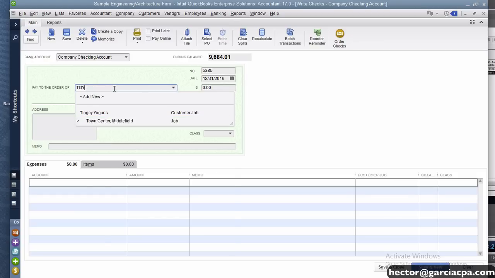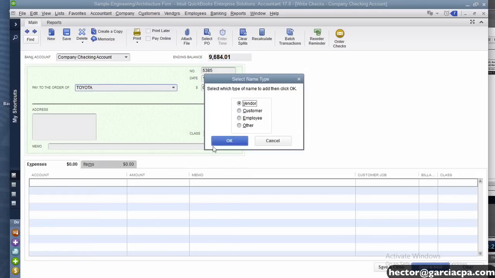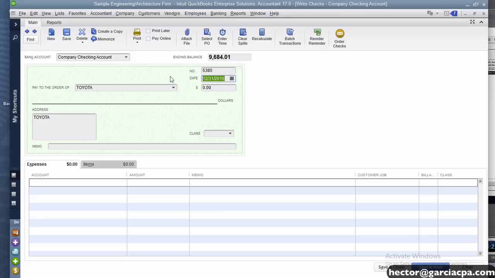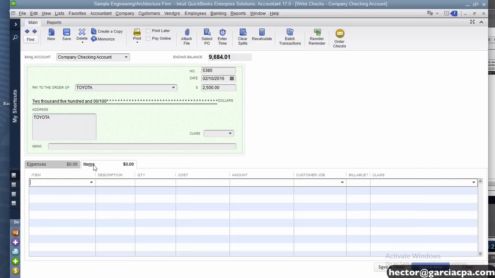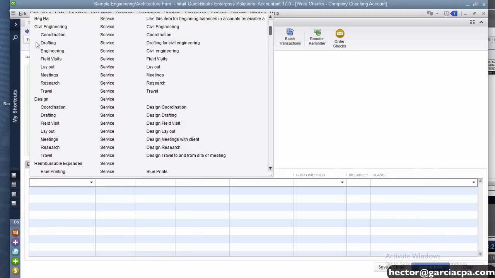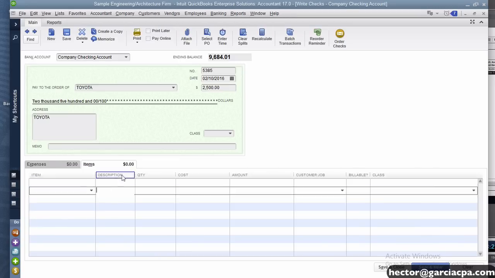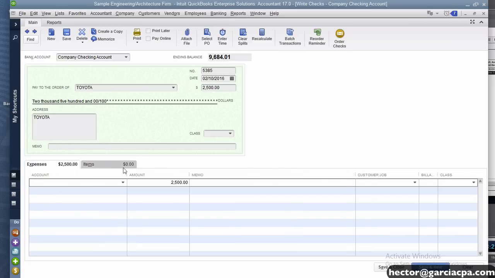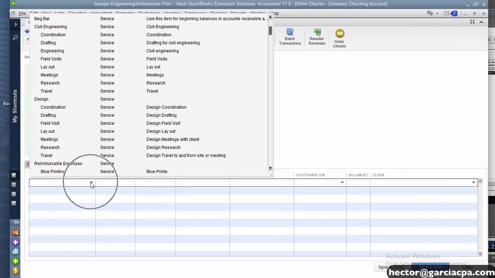I'll create the vendor here called Toyota, and let's say I paid Toyota, I think it was February 10th 2016, 2,500, but the actual amount of the item that I purchased was 2360. So when I click on items, not expenses but items, and I hit my drop down,